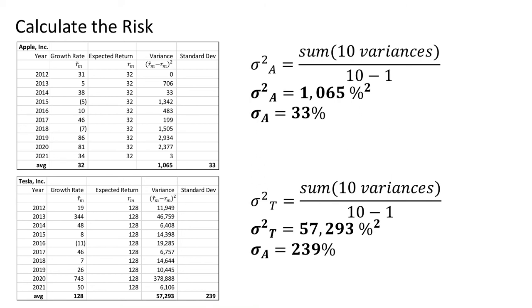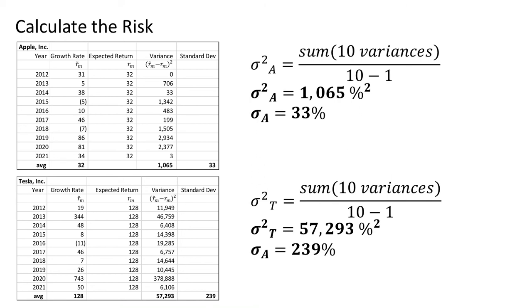Take the square root of that and we get the standard deviation for Apple Inc., or sigma sub A, is 33%. We repeat the process for Tesla Inc., and we get a variance for Tesla of 57,293 percentage squared, and